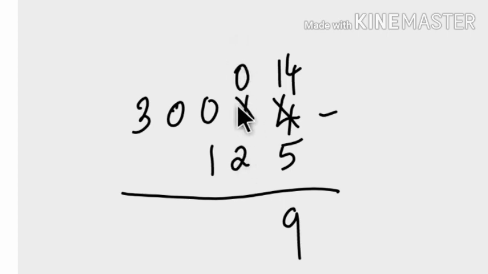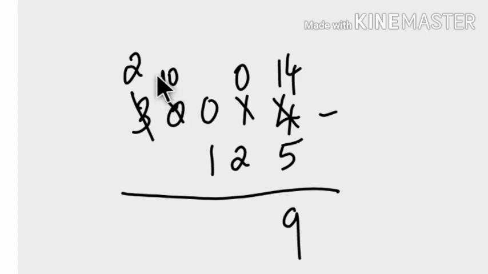We can't subtract 2 from the 0. So let's borrow from nearby digit. Here it is 0. Here also 0. So let's take 1 from here. 3 becomes 2. If we take 1 from this 3, it becomes 2. Okay. So this 0 becomes 10. When we combine 1 from this 3 and 0, it becomes 10.